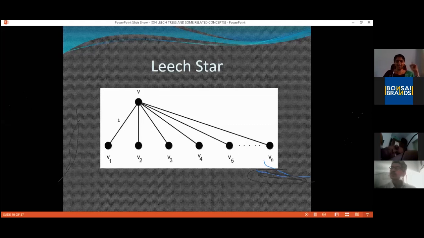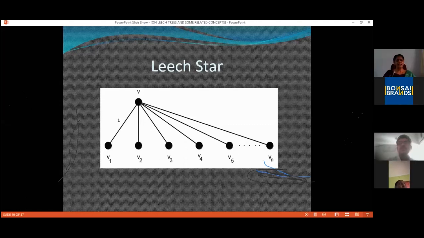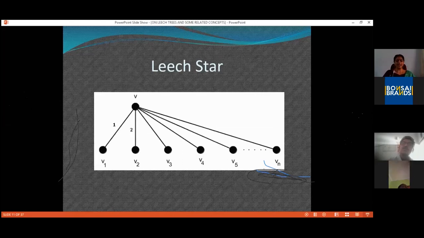Please remove the case of the path. In the case of path, the edge labels were 1, 2, etc., n minus 1. And now we have left that case and we are handling the Leech star case. So it's a fresh start. There is no restriction on the labels to be used, but we are sure that 1 and 2 are edge weights. Again, due to symmetry, I can place it anywhere I want. So I am placing 2 as the edge weight of V1, V2. So 1 is an edge weight and hence a path weight. 2 is an edge weight and hence a path weight.